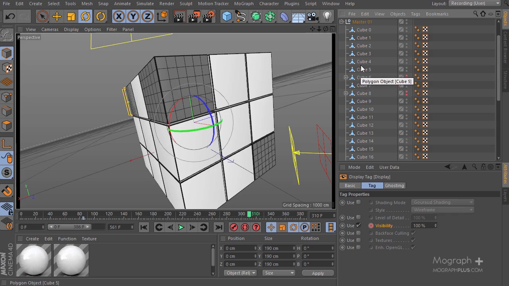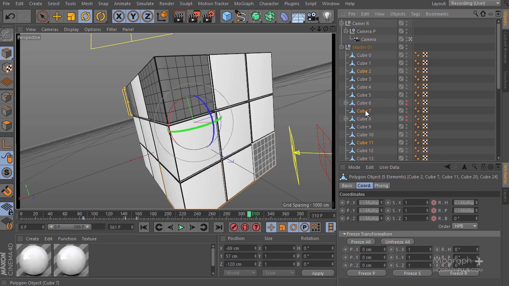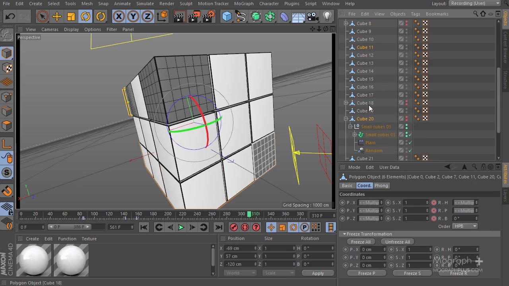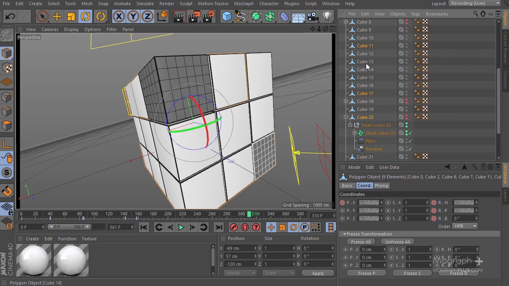Cube number 2, 11, 27, 0, 17, 25, 6, and 8,